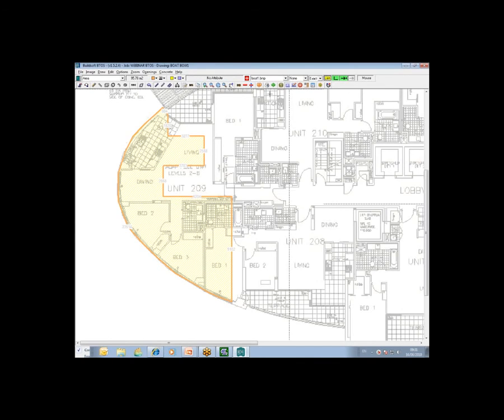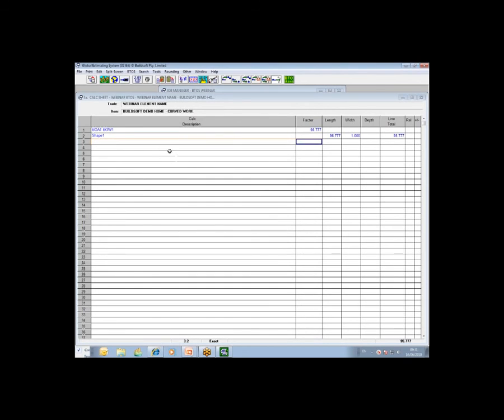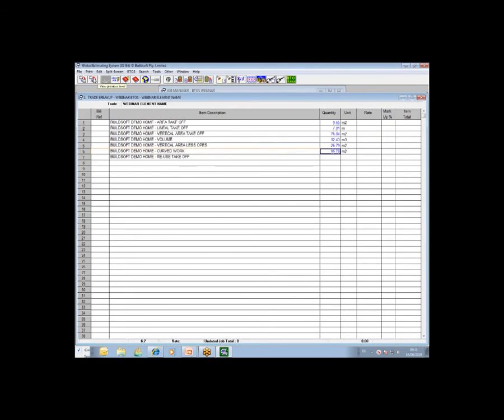Once done, you can simply return your result back out of the system and into the calculation sheet as with the other takeoff. Finally, and the last section I'm going to look at is